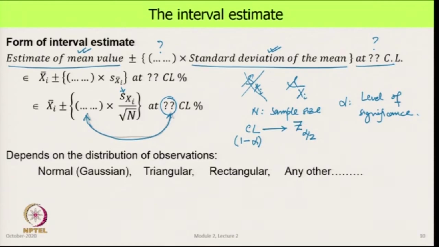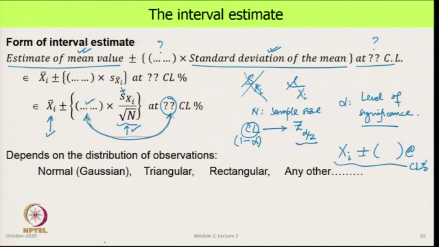So, what it tells us in the practical case: I measured something, I took some number of readings, we got the mean, so this is taken care of. We calculated the standard deviation, this is taken care of. Now, I will select what level of significance or what confidence level I want, and once I select that, I will get this value, which I will put over here, multiply this whole thing, and I will get a number. So, my final answer then is x-bar plus minus something, at a certain confidence level. This is the interval within which the population mean can be expected to lie. That is our ultimate objective.